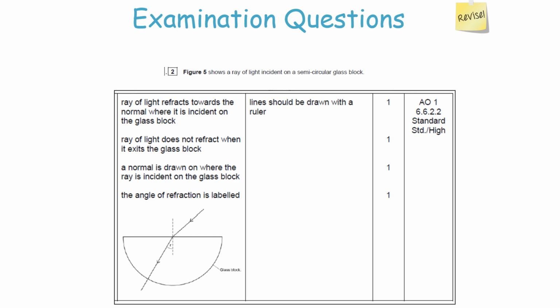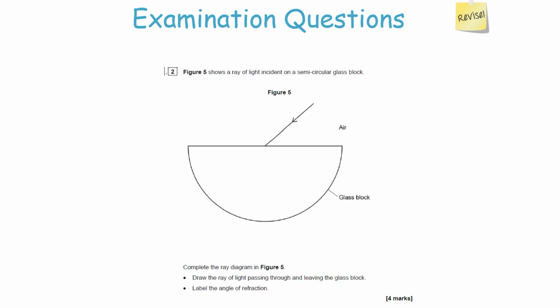So what you would see is the following. The ray of light refracts towards the normal when it's into the glass block, but it doesn't refract when it exits the glass block. Now, it's always important to draw in your angle of incidence, your normal, and then your angle of refraction, because it asks you in the question to label your angle